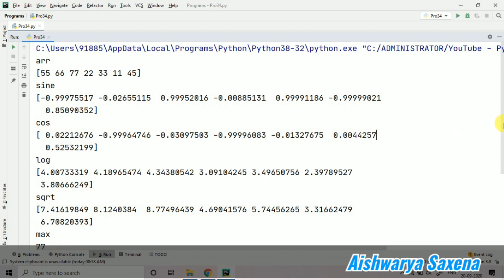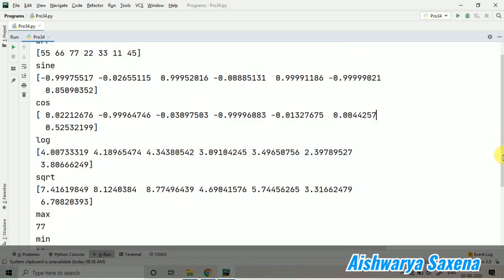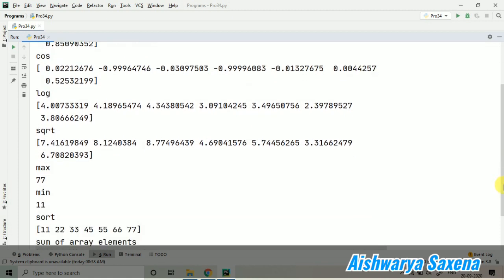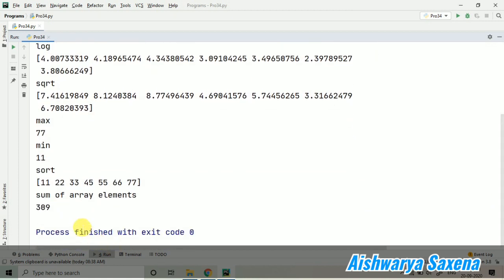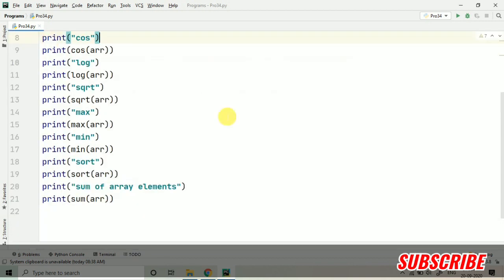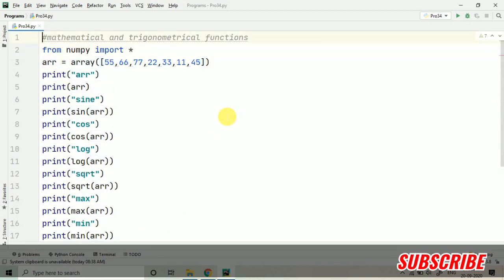Then the maximum element in the array, you can see it's 77, it's coming correctly. The minimum element, you can see it's 11, it's coming correctly. Then the array is coming properly sorted. Then sum is basically adding up all the elements, and the sum of the array is here. So all these mathematical and trigonometrical functions are available in the NumPy module that we have